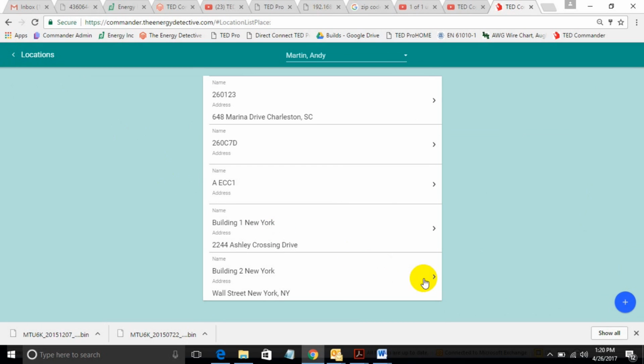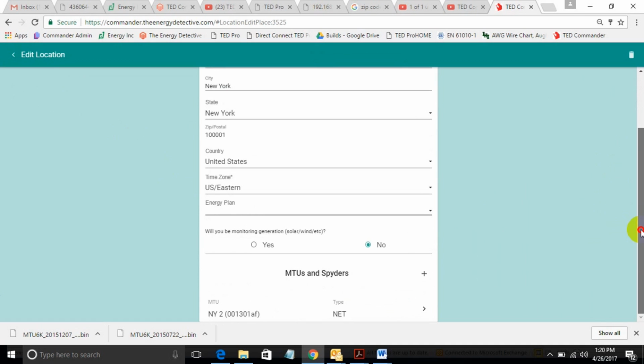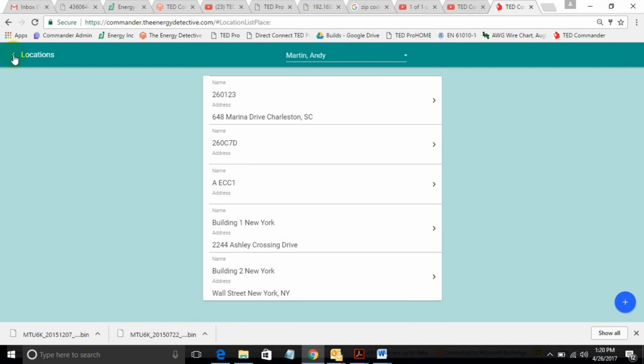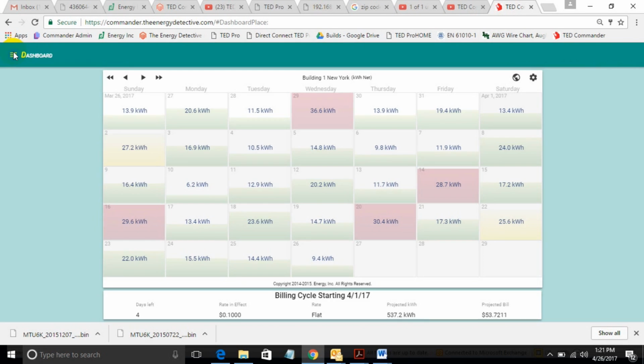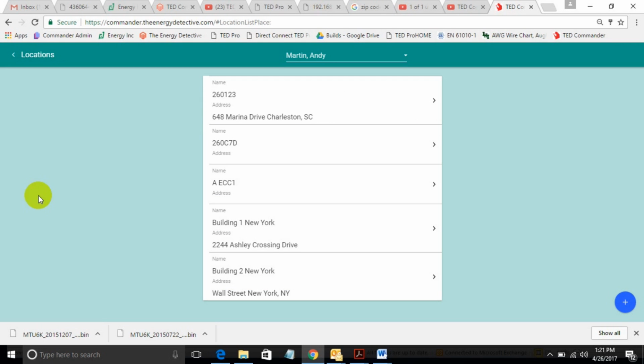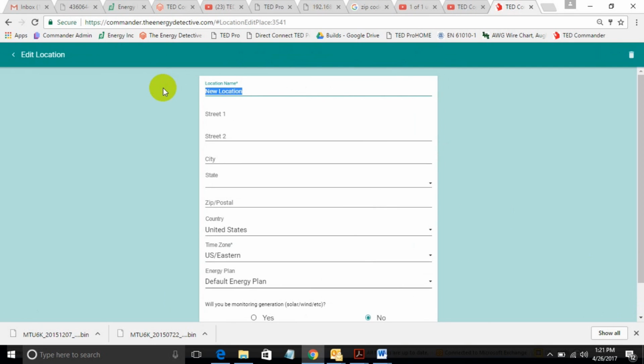The same applies for Building 2. It only has one MTU associated with it. I've recorded that information in my text file, and again, you may have a master list that shows a complete installation if it's a large facility. So from the locations selection, this is in my top left drop down, I go to locations. I'm going to click the add button to create a new location. I'm going to call this New York Total,